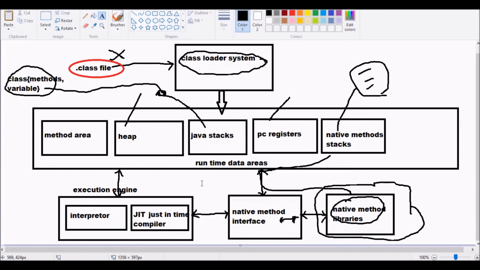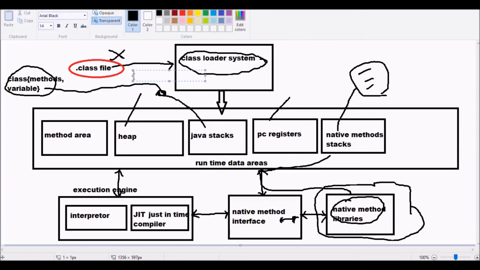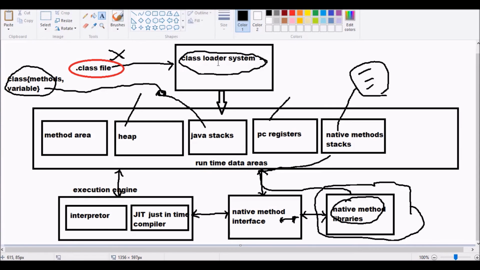Now the PC registers are left over. See here, we are using the class file, and through the class loader system and the rest we have converted it into machine code. Now the microprocessor has to look somewhere to use this machine code.